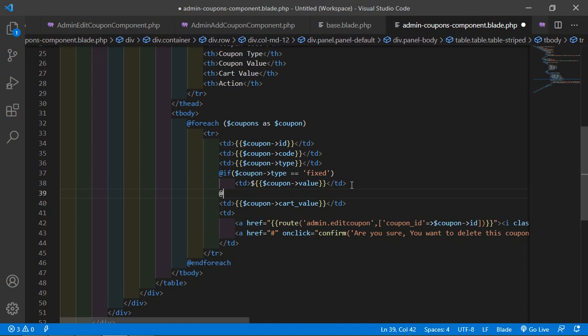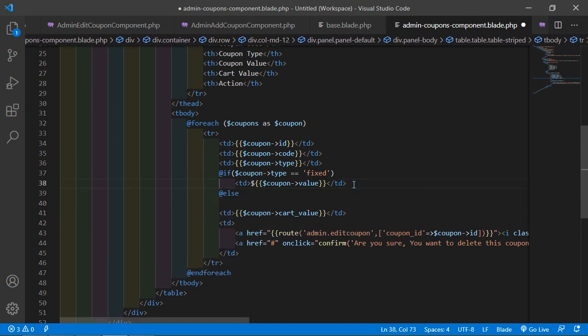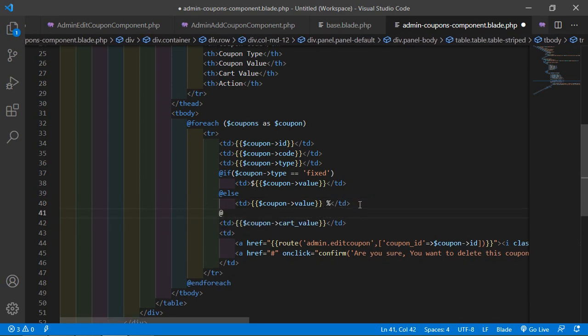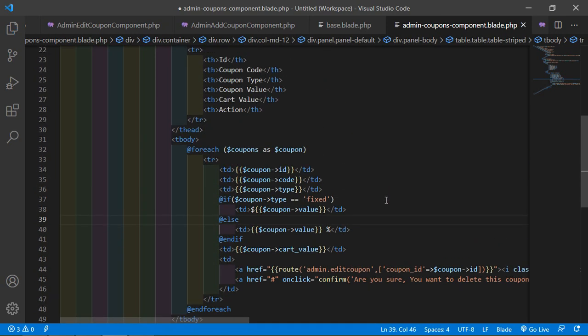Otherwise add here the else part, and now just copy this and paste inside the else part. And if coupon type is not fixed, then print the coupon value with percent sign, okay. And after this just close here the if directive, endif. All right, okay, now save this file.